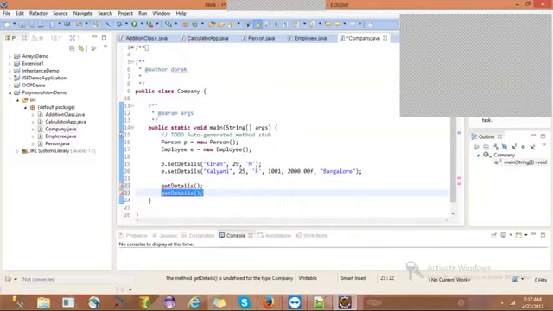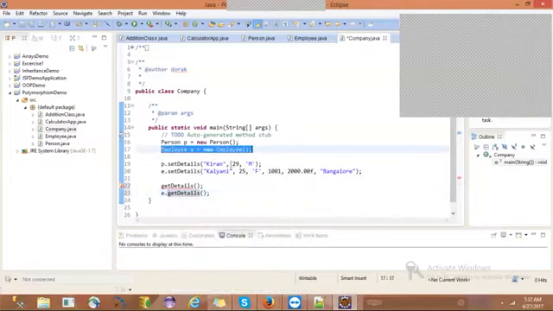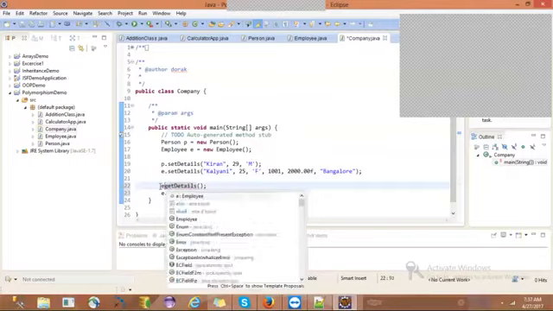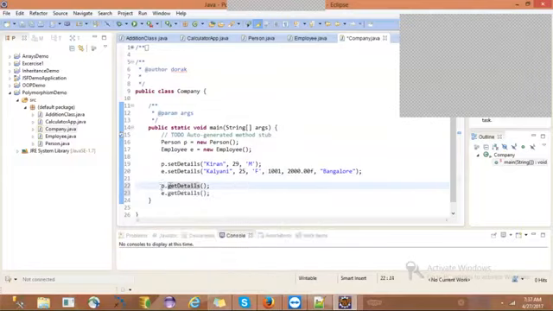We need to write e dot get details. Yes, we have initialized the object, but we have to associate that method call with the object. Calling from the object we should do. So here, if the object reference is not specified, by looking at the parameters, can you tell from which class it is getting executed? No, right?